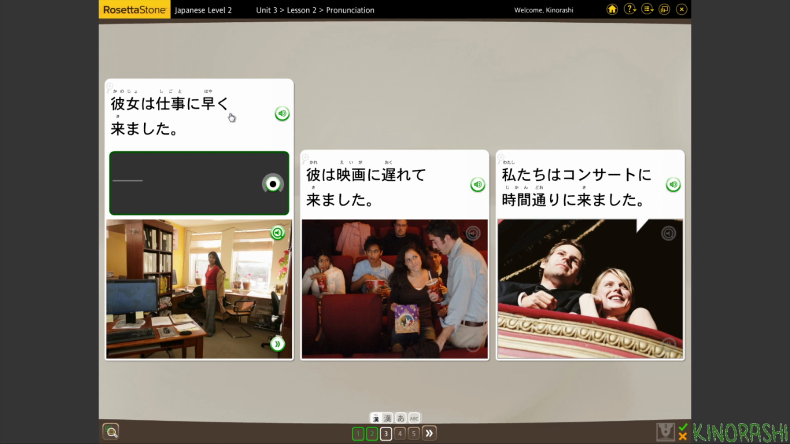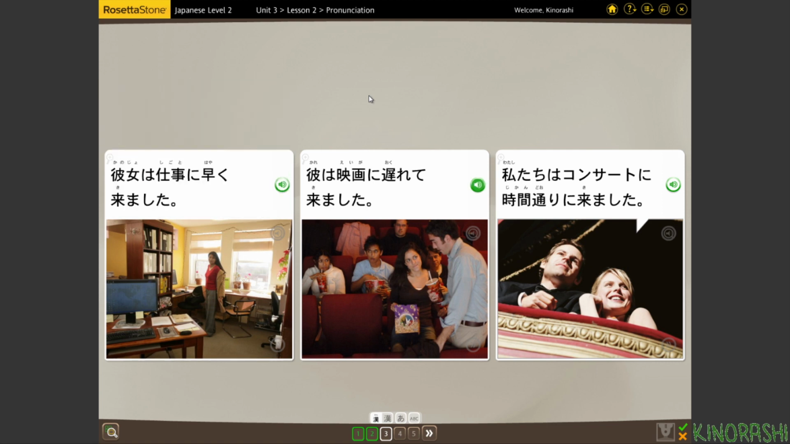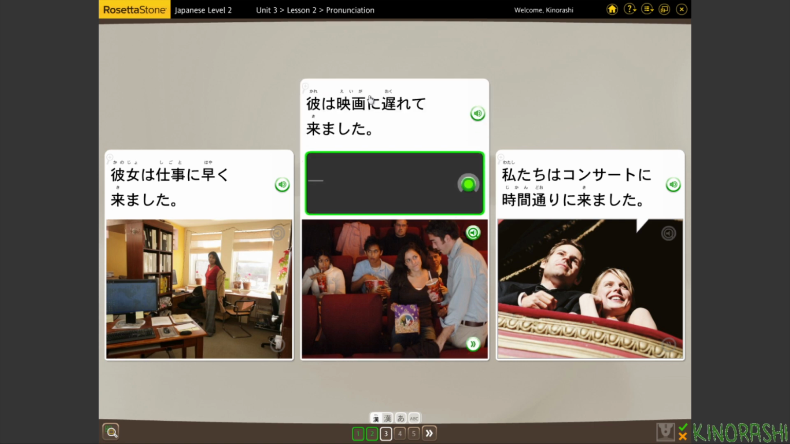彼女は仕事に早く来ました。彼女は仕事に早く来ました。 彼女は仕事に早く来ました。彼は映画に遅れてきました。